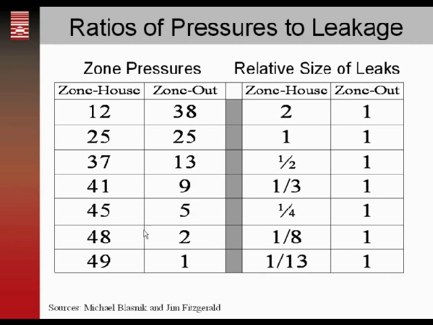So now we're getting better. Our attic is closer to outside. Now we've got a much better thermal boundary and pressure boundary alignment. Ideally, we'd like to be more in this 1 to 13 ratio, 49 to 1, where our attic is much more outside. But somewhere in the 1 to 2 is really where we want to go. But